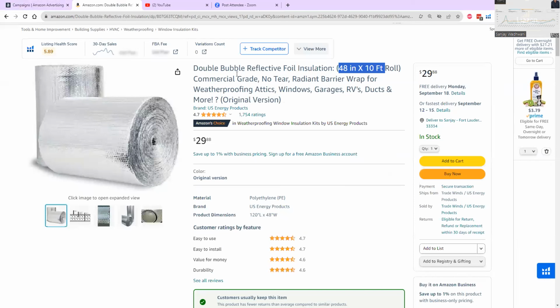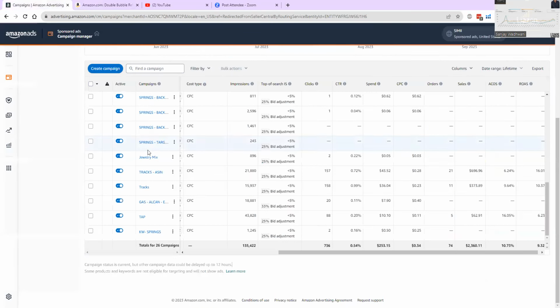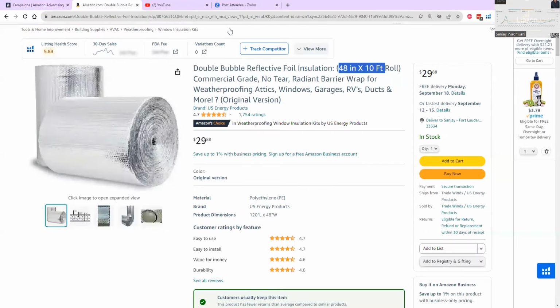You take all of the keywords that you're targeting in your listing, whether it's a single keyword, a phrase match, a broad match, or an exact match. You take all of them and you create a campaign. You put that particular product in there, and you start with an automatic campaign. So two campaigns.